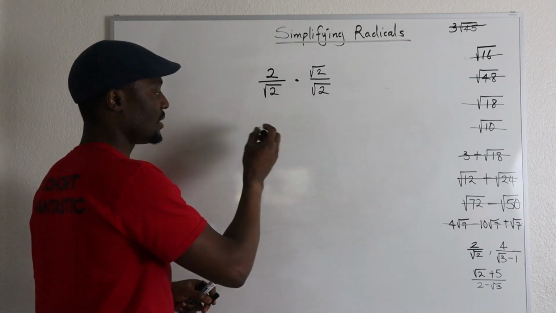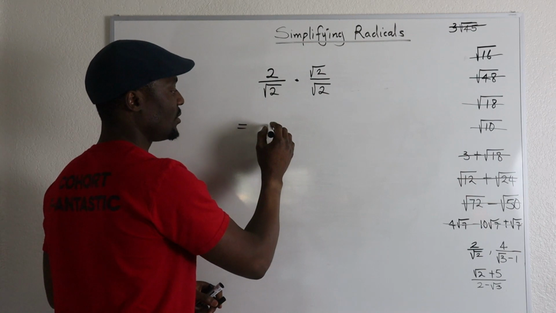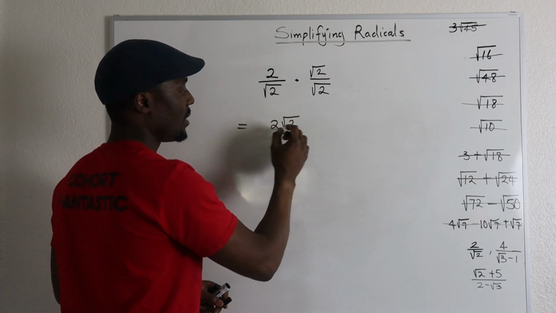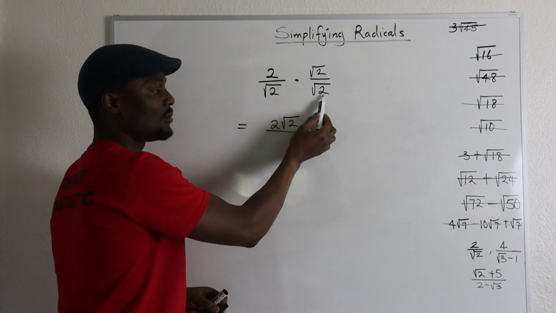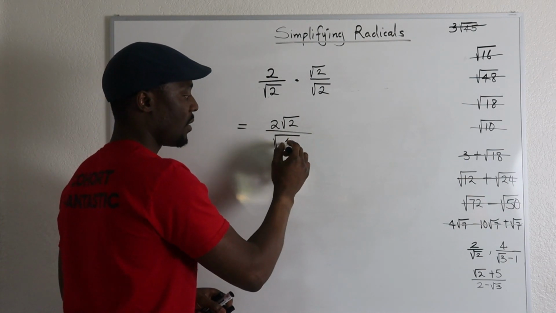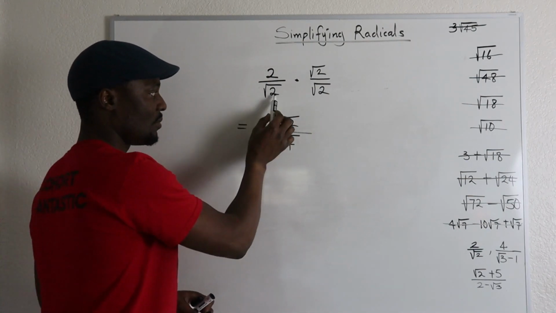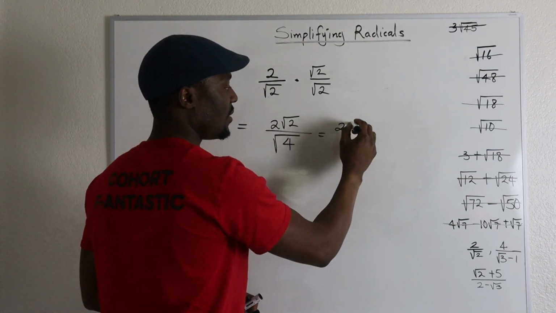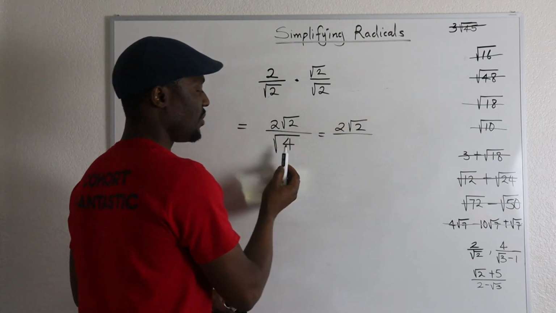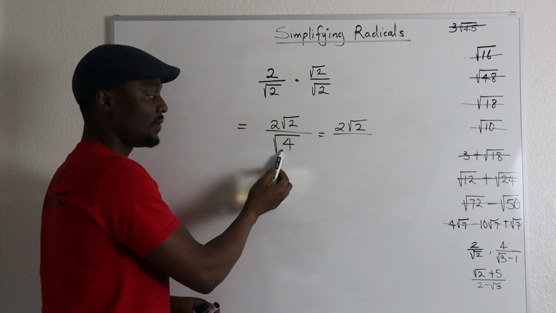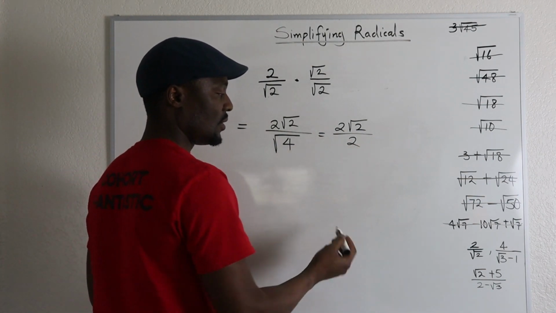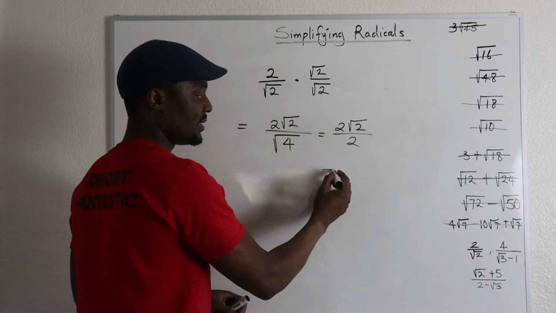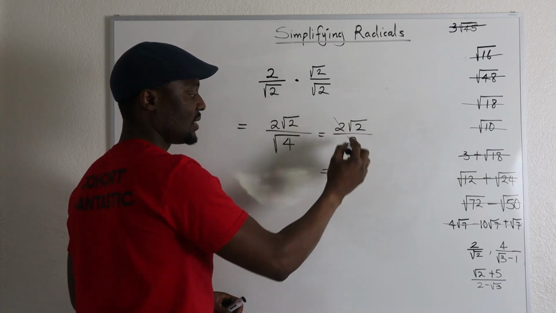So this is going to become 2 times rad 2 gives you 2 rad 2, and rad 2 times rad 2 gives you rad 4, because you multiply the two numbers, that gives you 4. And this is 2 rad 2 divided by the square root of 4, which is 2. So this will cancel this out, and you have